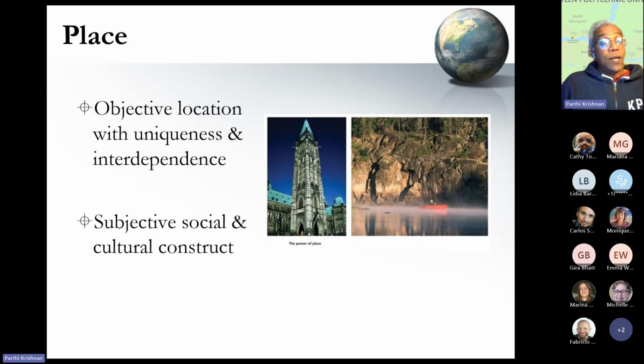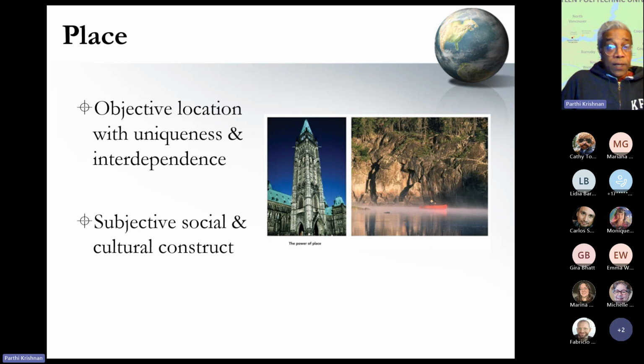So please remember that places only become places when we give meaning and value based on our own experience to these locations. And what is a location to someone might be a place to someone else. For example, where you live is a location to me, but obviously it is a very important place to you. So ultimately, what this means is that we create maps based on our perceptions. And these perceptions have been with us for a very long time.